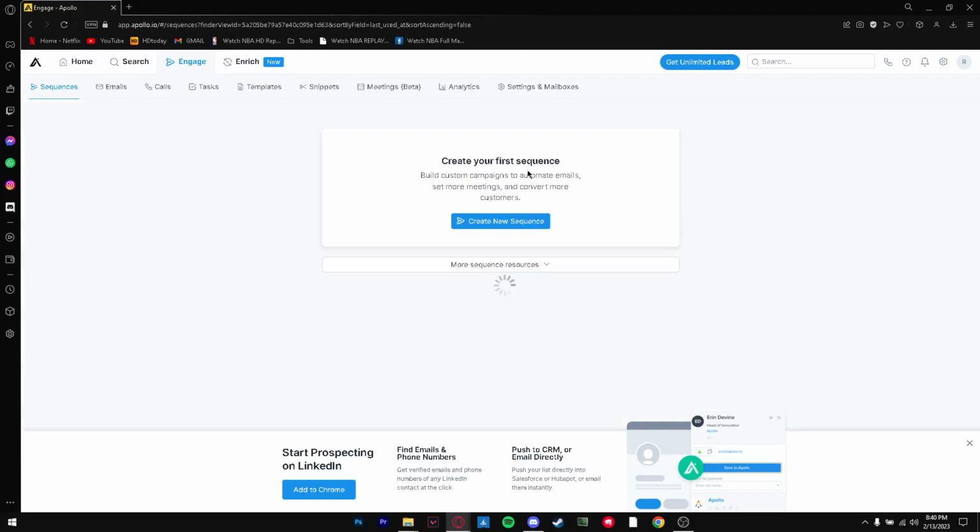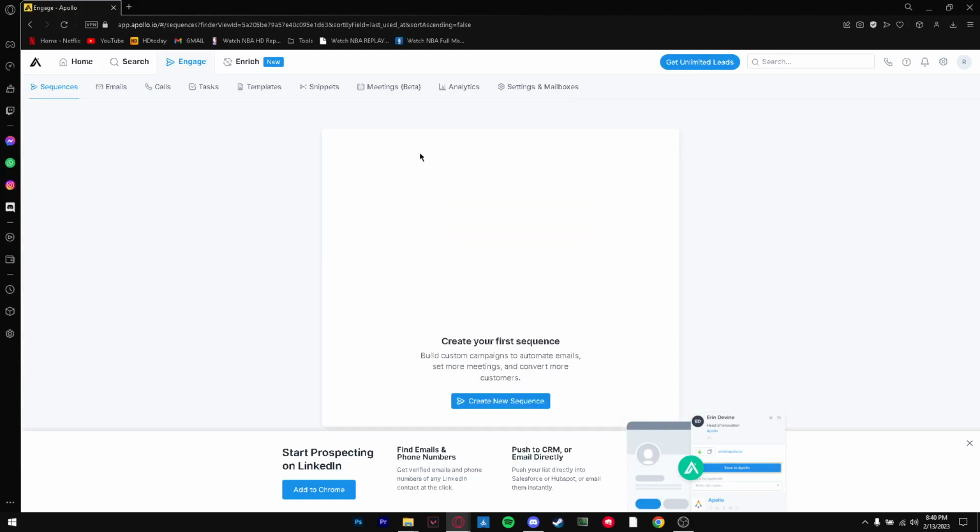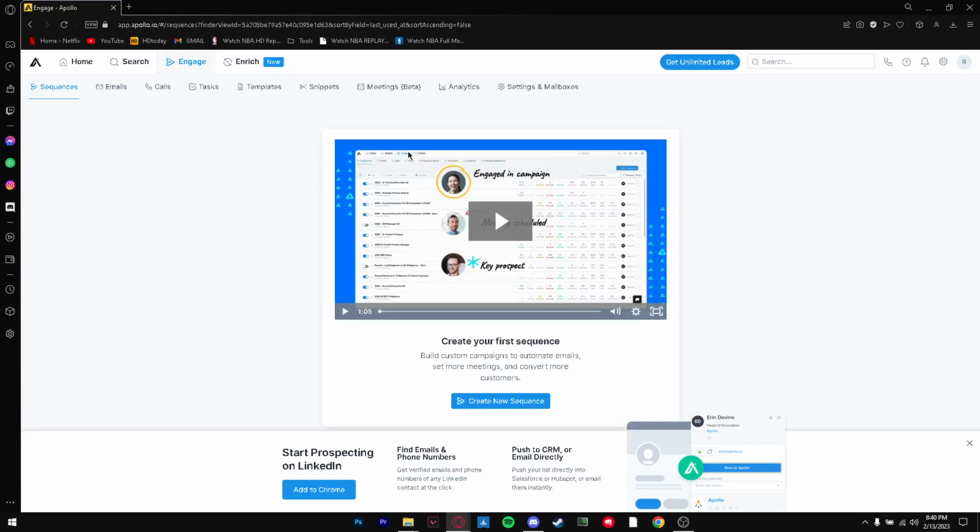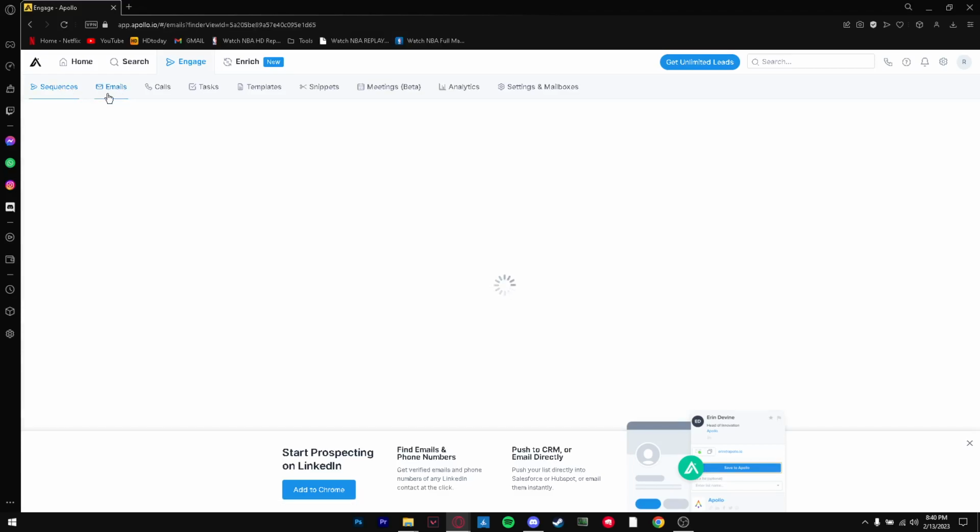So as you can see, what sequences are is you can basically build custom campaigns to automate emails, meaning that it's automatically going to send emails and etc. So it's going to show you how to create a new sequence, but I'm not going to be showing you that because this is just a navigation guide. Then from here, we have all the tools we need. We have our emails,